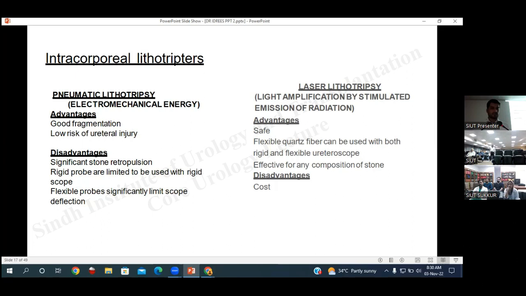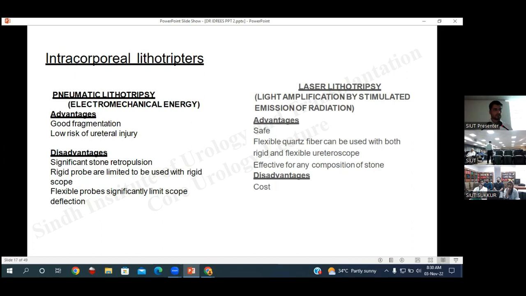Sir, I know about pneumatic and laser. In the pneumatic lithotripter, we had a pad under our foot, on which we push. The air is pumped towards the probe, and the probe is just like a hammer. It fragments the stone, and it can also cause ureteric damage if it is on the mucosa. It can also cause stone pushback or retropulsion because of the hammer effect, and there is nothing